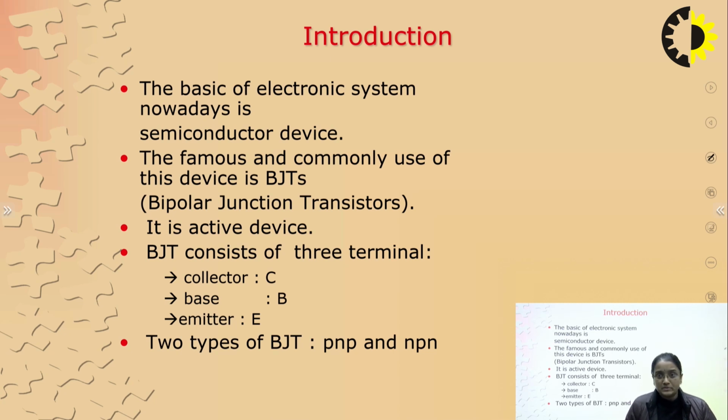It is one of the most famous devices that we use in the manufacturing of all electronic components, and it is a bipolar device. By its nature, it is bipolar. Next, we also define it as a 3-terminal device in which one terminal is the collector, another is the base, and finally the emitter. It is basically of two types: the first is the PNP transistor, the next is the NPN transistor. This is all about the basic introduction of BJT.